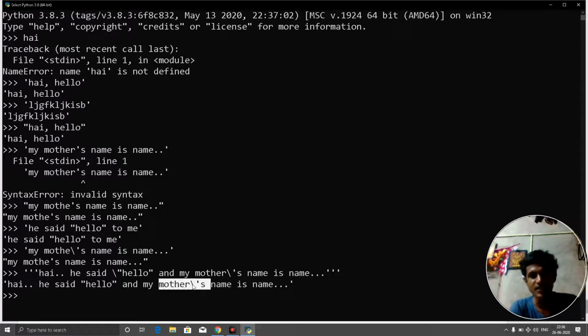Do we write this slash while writing in the notes and all? No. So for that, there is another method implemented, that is the print function. Till here we have not used the print function anywhere. Here you can see no print. We are just typing inside quotes or double quotes or three single quotes.